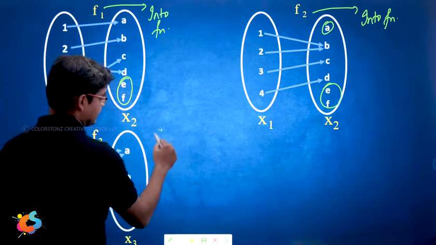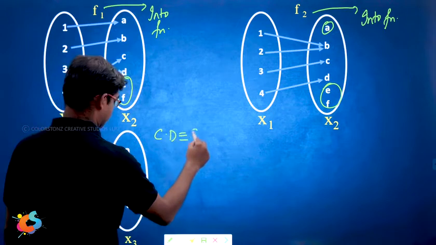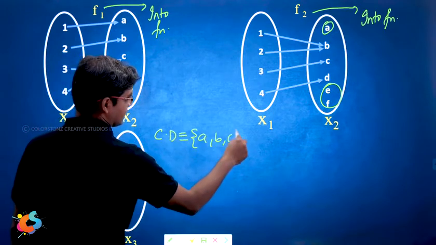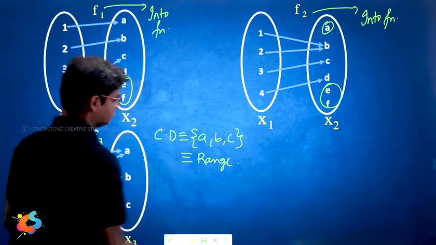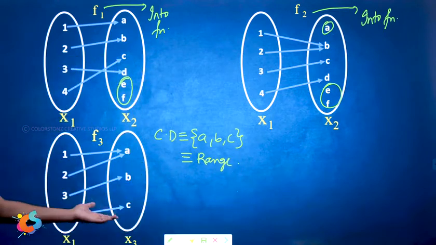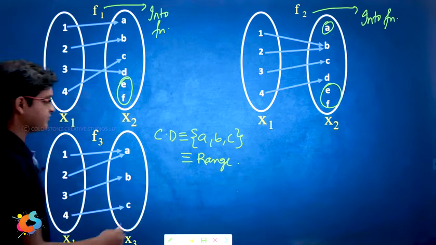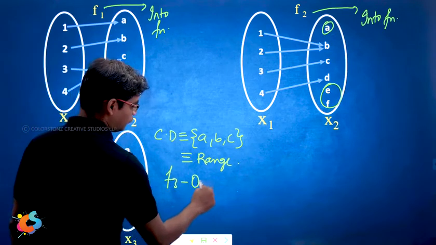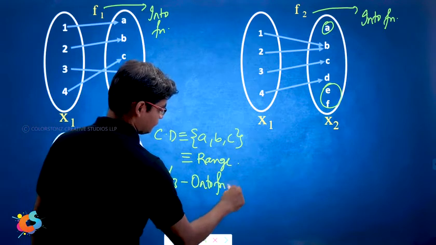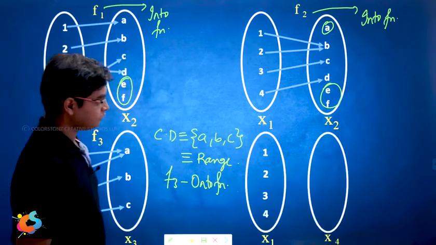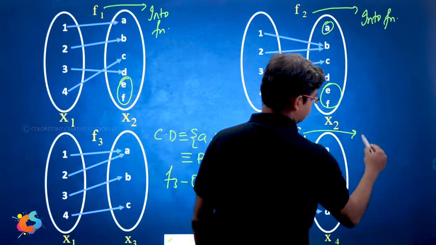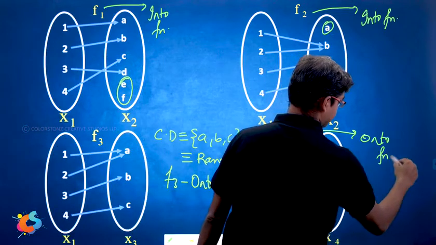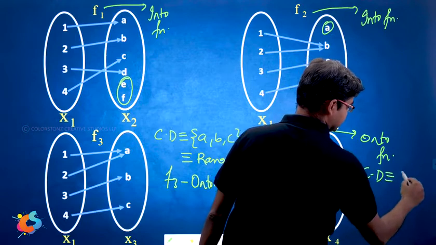So clearly we can see codomain set is A, B, C, and that is the same as range set. Isn't it? Right? So no elements are left over here. So therefore, this function is onto function. So simple. Why? Because codomain is the same as